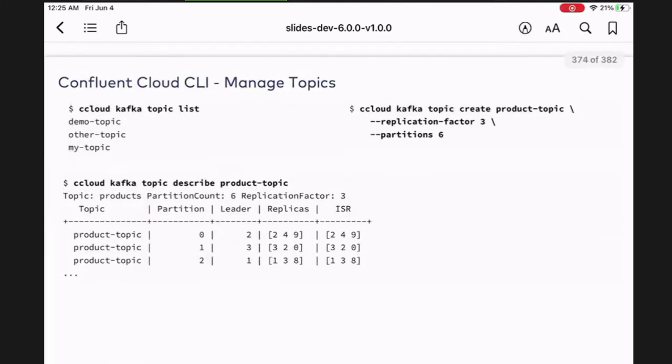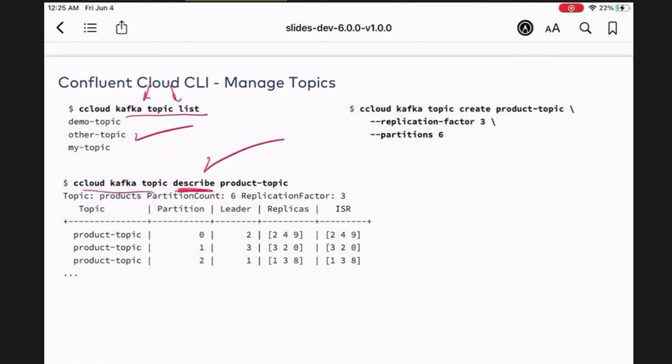And then once I'm on that Kafka cluster, look, the commands are very simple. I say ccloud kafka topic list. That's just a separate command, separate arguments, sorry, but I can list the topics. And then I could describe the topics just like we saw with the kafka topics command, but I say ccloud.